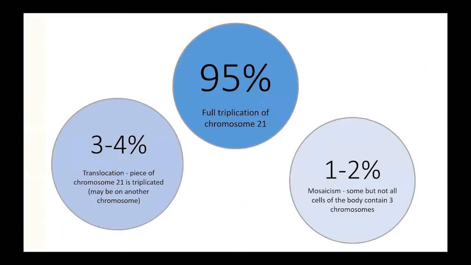But it turns out there's actually 3 causes of Down syndrome. And this becomes important when you think about how we can learn a lot about Alzheimer's disease from people with Down syndrome. So the most common cause of Down syndrome is the full extra copy of chromosome 21. But there's also another cause for Down syndrome that accounts for about 3 to 4% of people, called translocation. And that means only a tiny piece of chromosome 21 gets carried on another chromosome and triplicated.